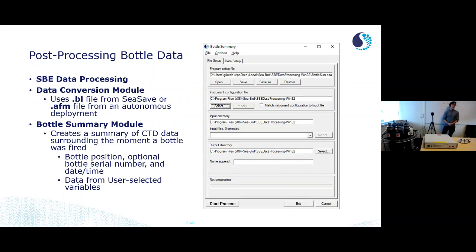Finally, we have the ability to post-process that bottle data. So within SBE data processing, depending on how your bottle data was collected, whether you're getting it in real time from SeaSave as a .bl file or from autonomous deployment as a .afm file, you can take that data in the data conversion module and produce a .ros file that can then be passed to the bottle summary module from within Seabird data processing,